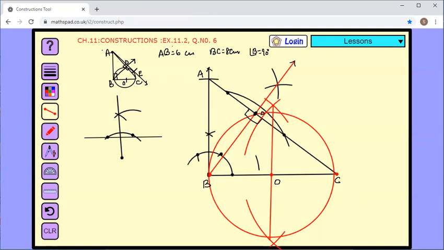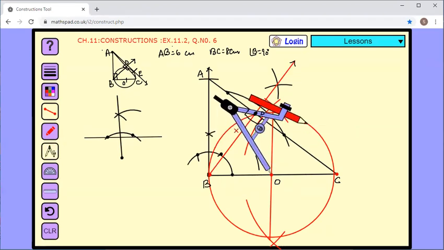Now children, this is the desired circle, and this is the angle, line BC and AB. They are perpendicular because this angle was given as a 90-degree angle. We have constructed a 90-degree angle to construct a right angle triangle. So OB is the radius, AB is making an angle of 90 degrees. Therefore, this is definitely a tangent to the circle and the lengths of two tangents from an exterior point are equal.